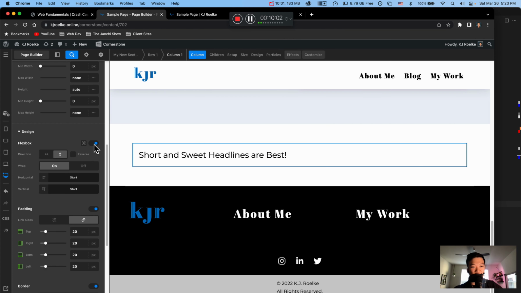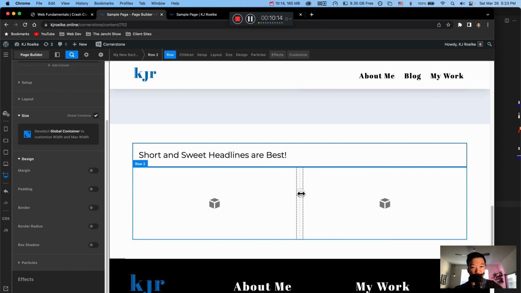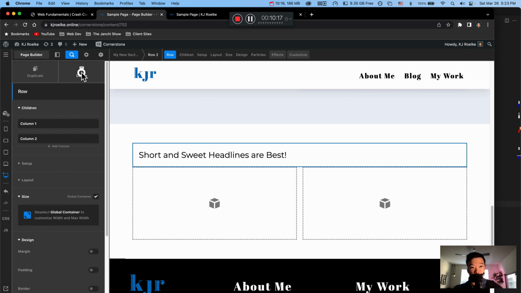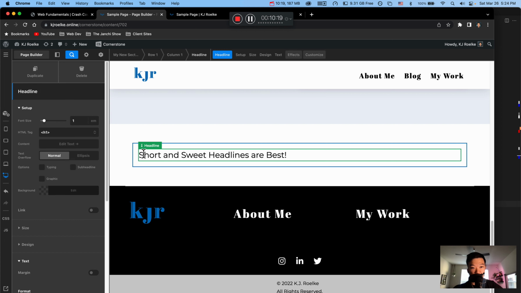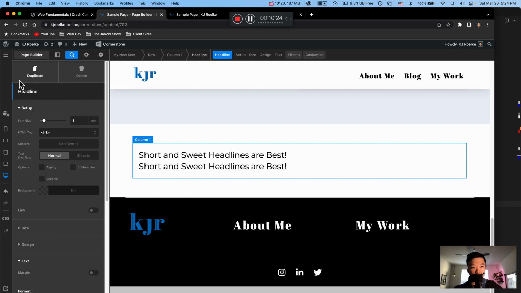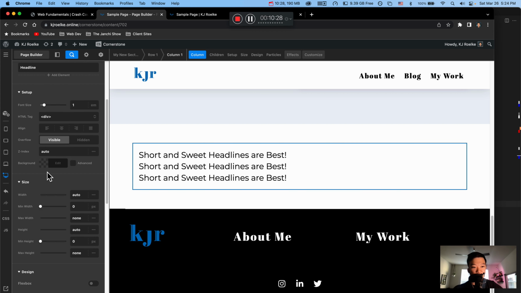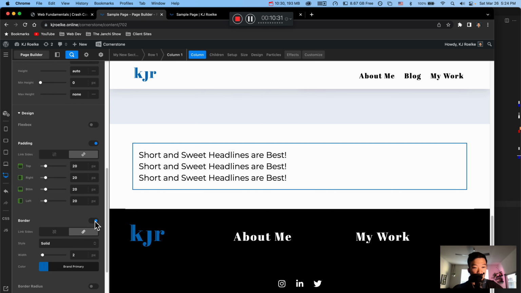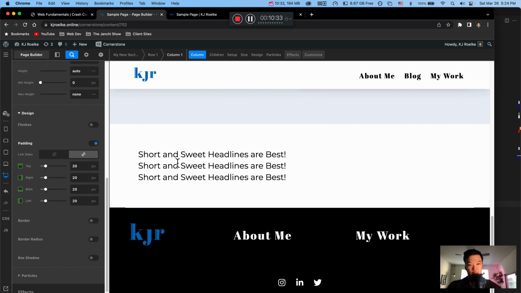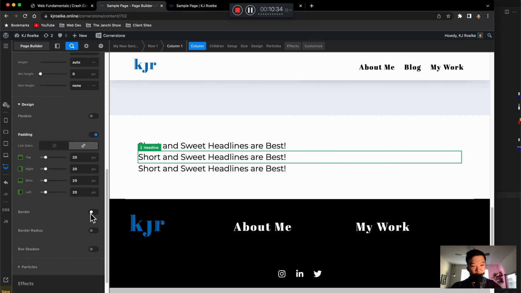And that's not really going to do anything for us because there's only one thing. So let's create a new row, 2-column layout. And actually, I'm going to show you this with a second element inside of this column. Okay, so there's 3 elements inside of this column. I'm going to turn off the border of the column. Actually, no, let's leave that on. That's good. And on the headline,